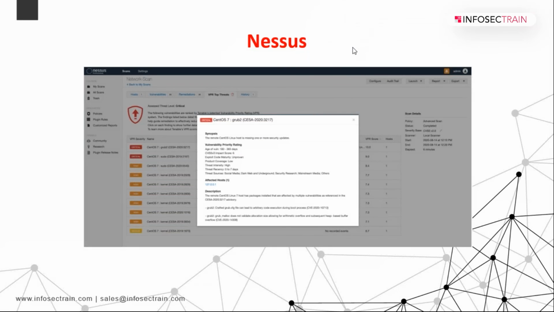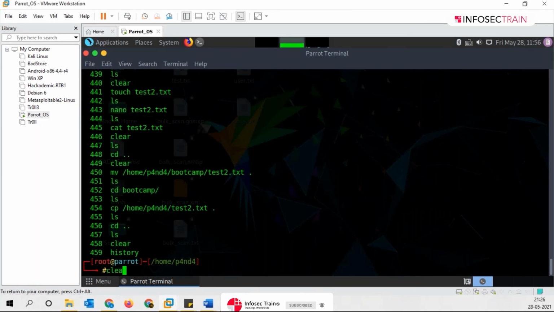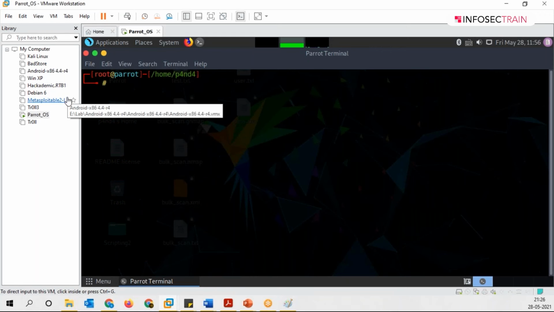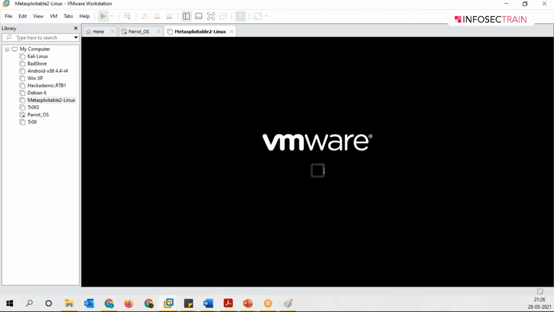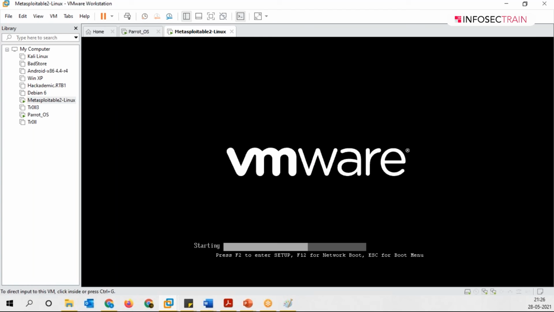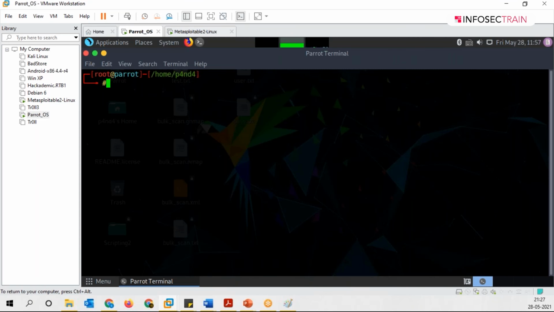All right. Moving on to the scanning part. Now, let me show you some practicals of it. Let me just launch another machine, which is Metasploitable 2. So we were talking about scanning, guys. Basically, scanning works in 3 steps. You can check whether the host is live or not, you can check open ports, and you can check the running services as well, right?